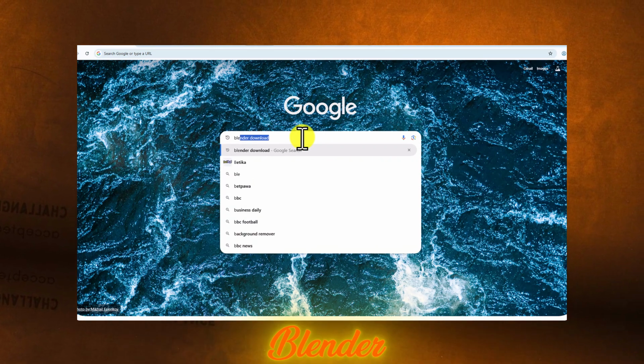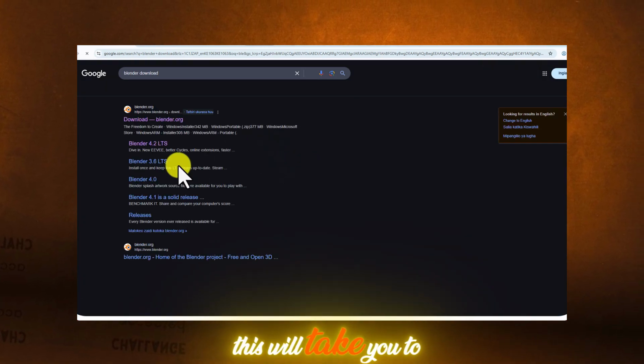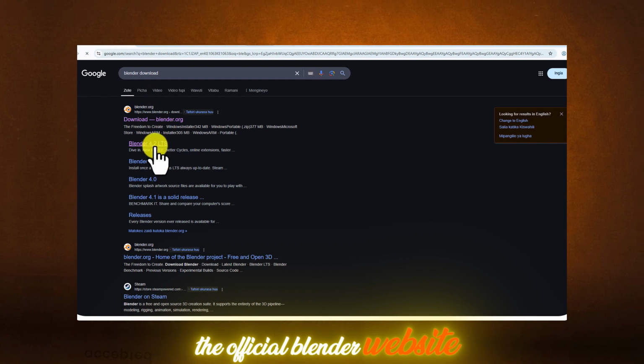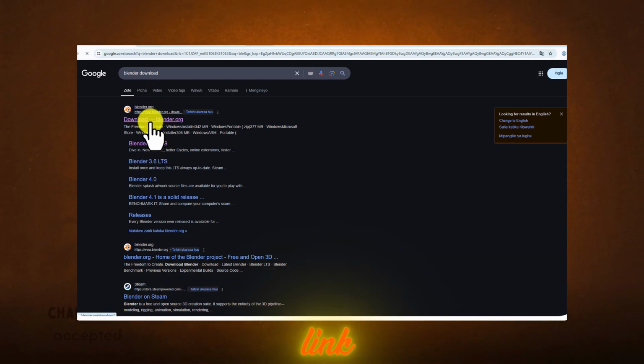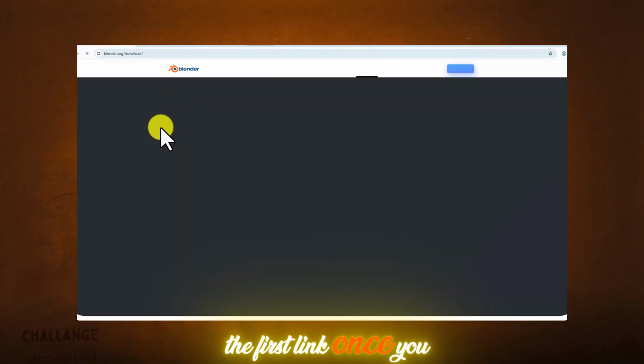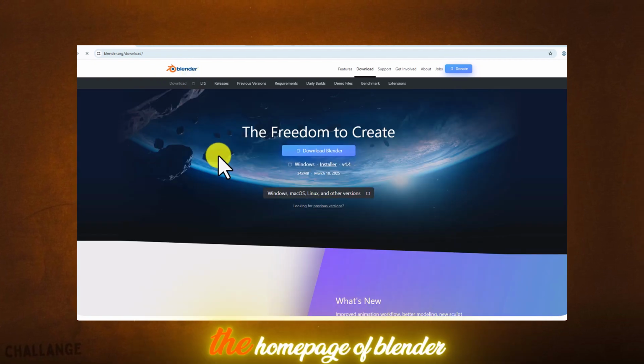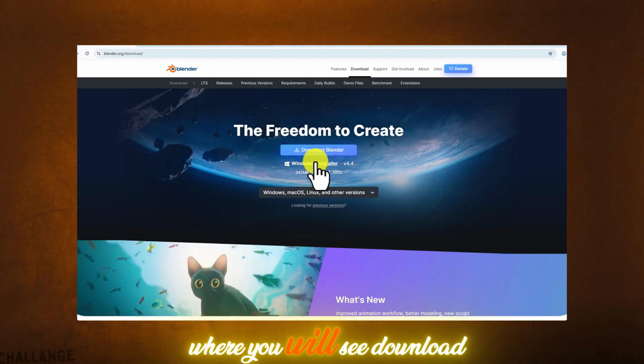You're going to type out Blender download. This will take you to the official Blender website. Here you will tap the link, the first link. Once you tap the first link, this will take you to the home page of Blender where you will see